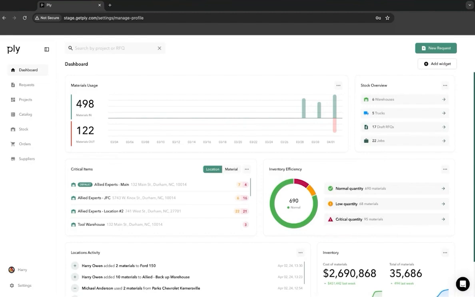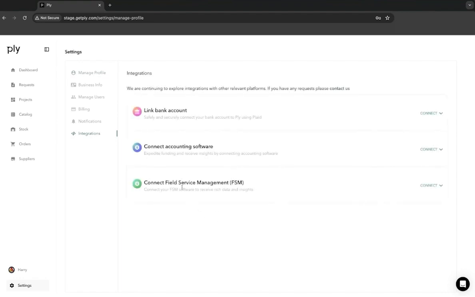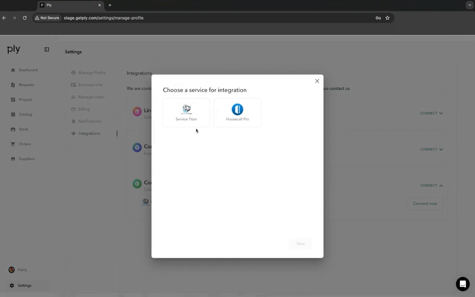All right, in this video, we're going to go over integrations with field service management software like Housecall Pro and ServiceTitan. So we are going to head over to our settings tab. And under our settings tab, you'll see that the last tab here is integrations, and we're going to click that. And under integrations, we're going to see a field that says connect field service management software and a connect drop-down. So you're going to click on connect now and select which field service management software you would like